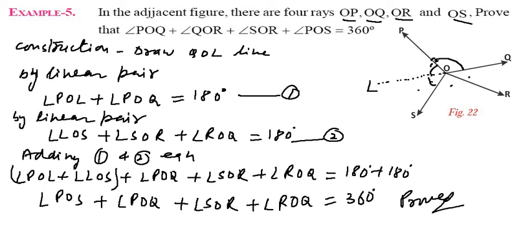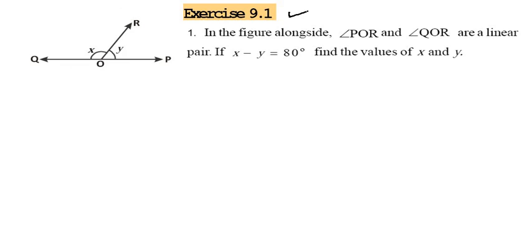So now come to the exercise, that is exercise 9.1. In the given figure, angle POR and angle QOR are a linear pair. If x minus y is given as 80 degrees, find the value of x and y. So you can say by linear pair,